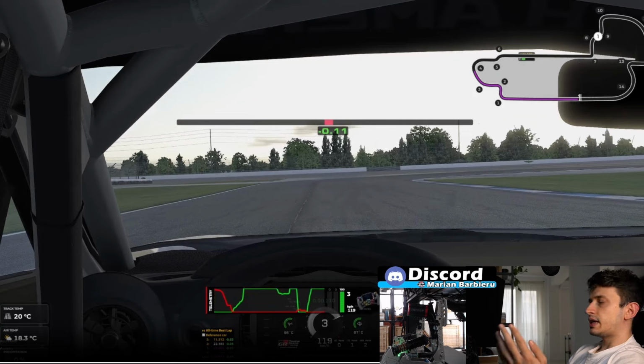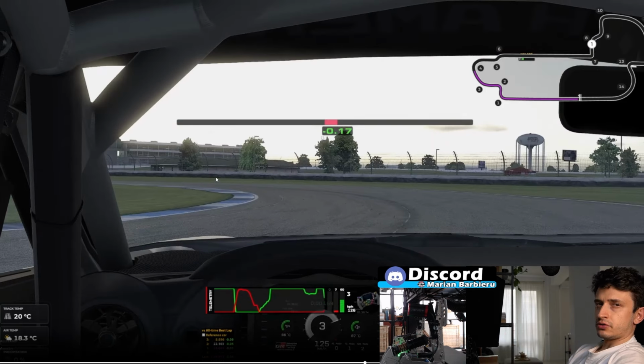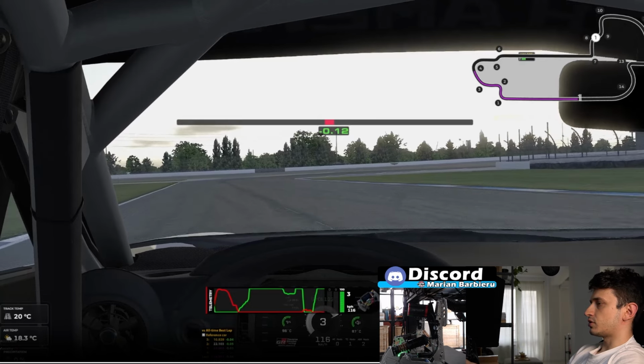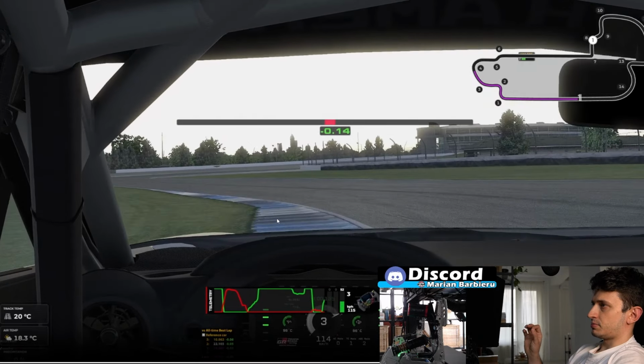So the way that we think about this sequence of corners is like this. Here, if we don't sacrifice it, if we take it almost flat, then we will obviously gain time just in this part of the corner, but it's such a short part of the corner that the time we're gonna lose on the next part, because it's a longer straight, will offset the time that we gained here, so in the end we will lose time. That's why we choose to sacrifice this corner. So just give it a tiny bit of a brake, or a later but a bit harder brake, stay in